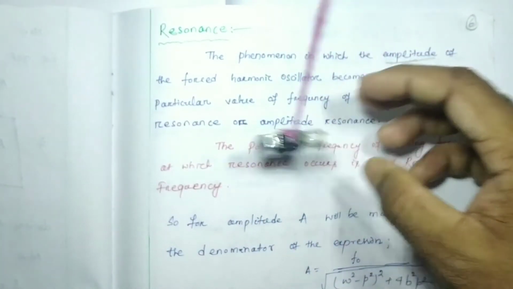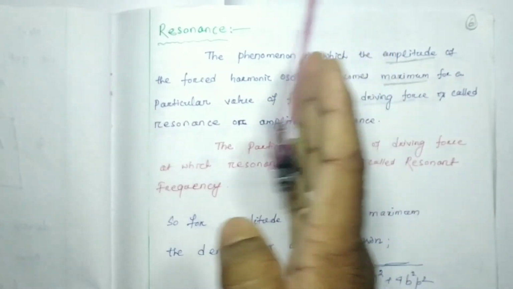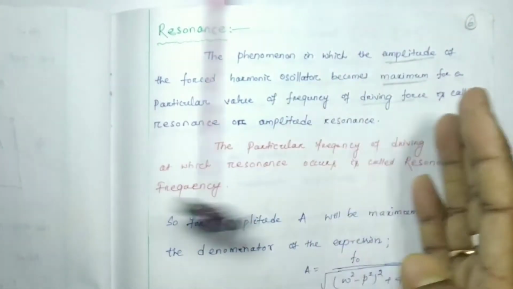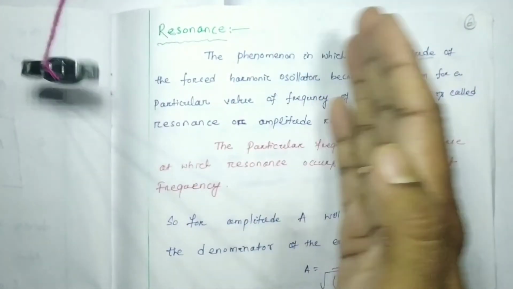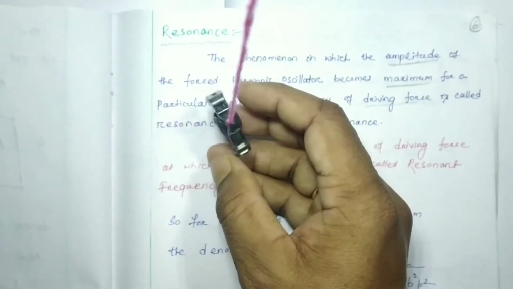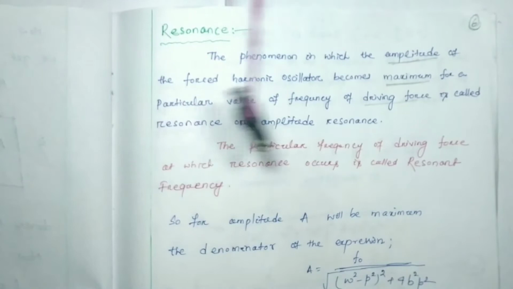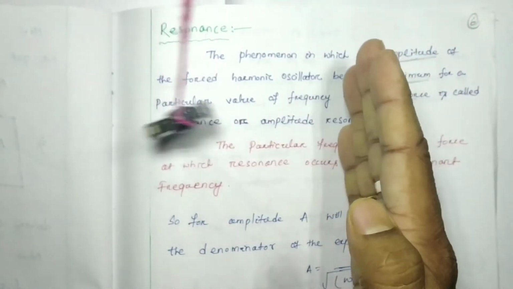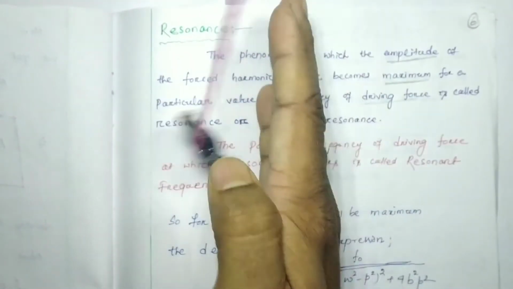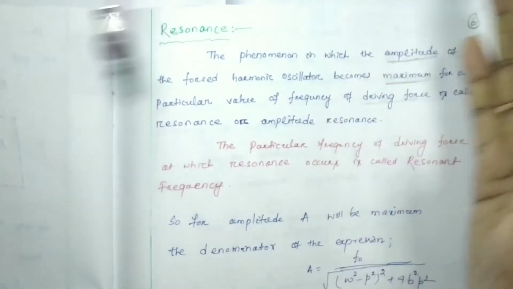So what will happen? Initially the oscillator could not follow the applied frequency, but after a long time it will follow the frequency of the applied force. This much we have discussed. You can see carefully that this is your transient state. Now a force came into the picture, applied with a different frequency. First it could not obey, but when it does obey, it oscillates with the frequency of the applied force.